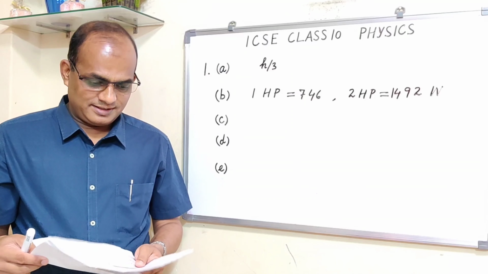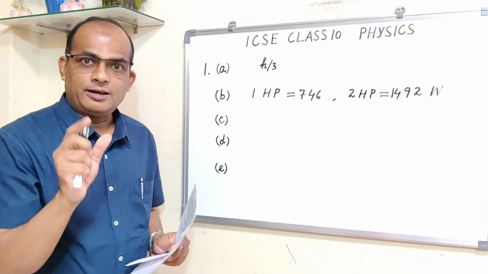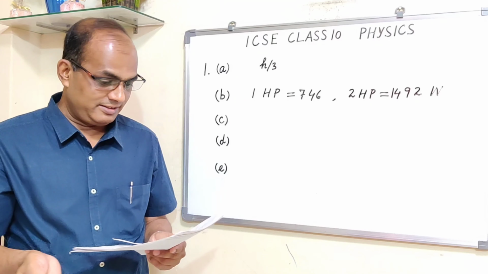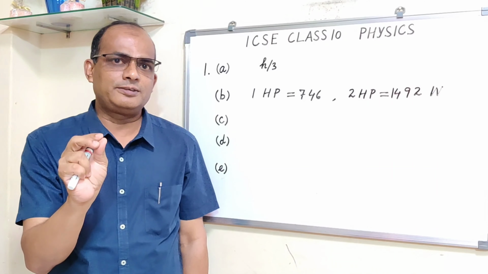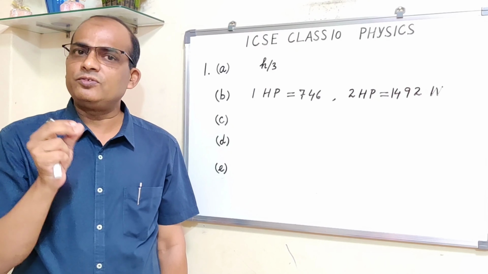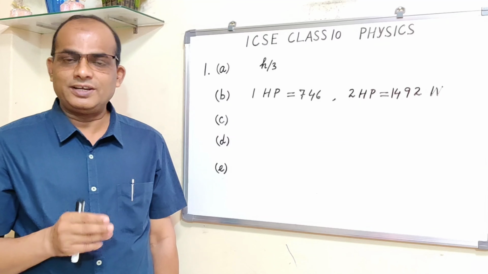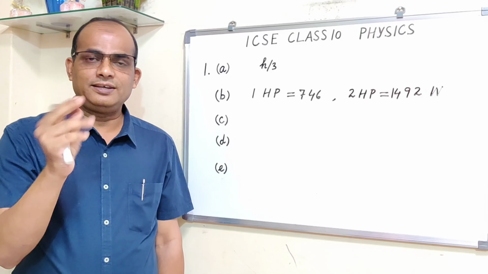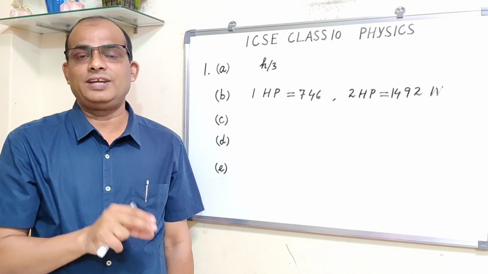The answer you should write down, these are the points. The minimum distance between the source of sound and the reflecting surface should be 17 meters, the minimum distance. Now some of the students, they write, I'm not talking about only this particular paper, in general I'm talking about some of the students, they write the distance should be 17 meters. It's a minimum distance. And secondly, you're not writing between what and what, between the source of sound and the